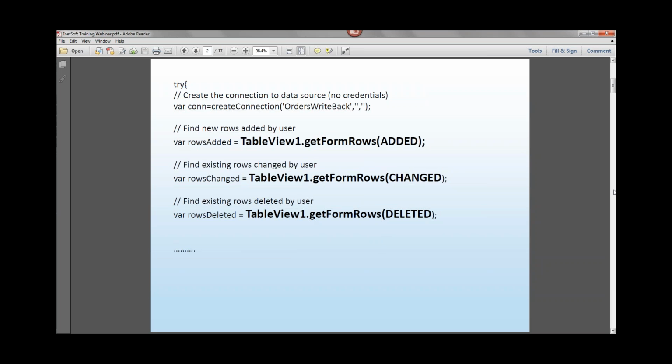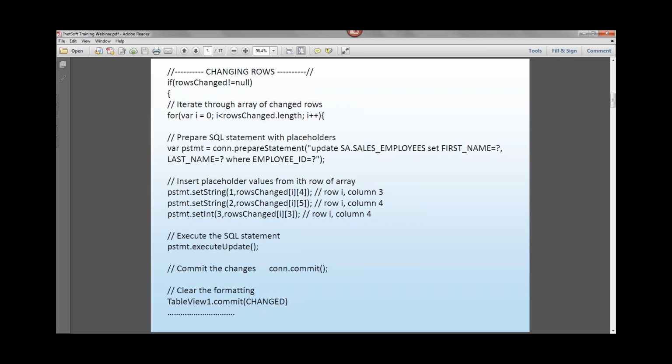Okay, next page. How do I get to the next page? Okay, so then you can see here that the only block that I have in this script is one to change the rows, right? To modify the changed rows. I don't have a corresponding block of script for the added rows and the deleted rows.